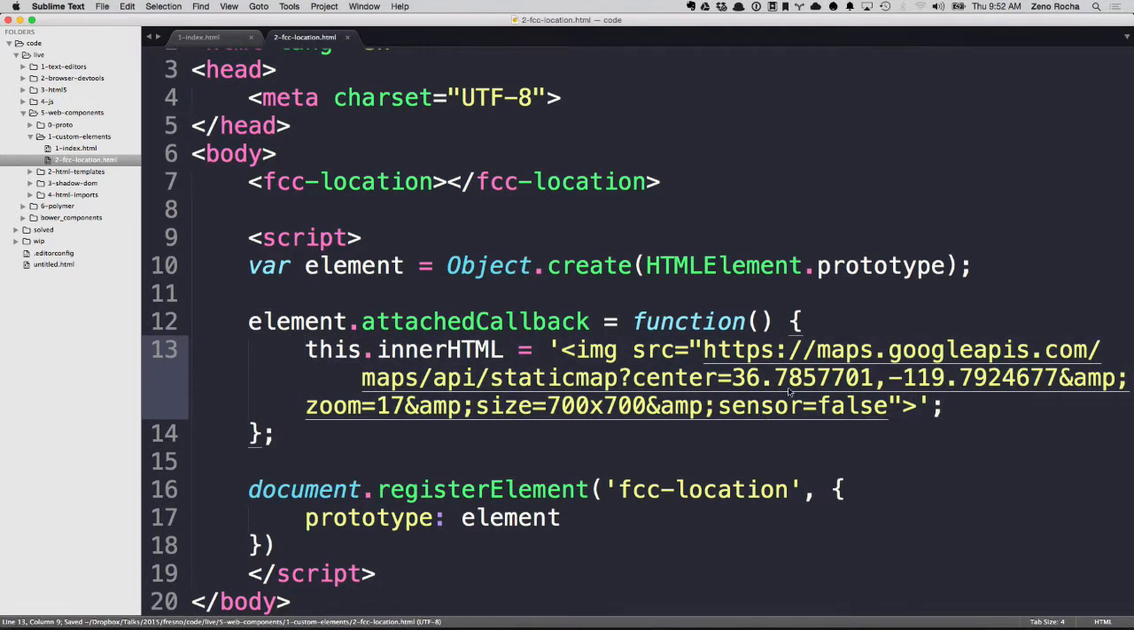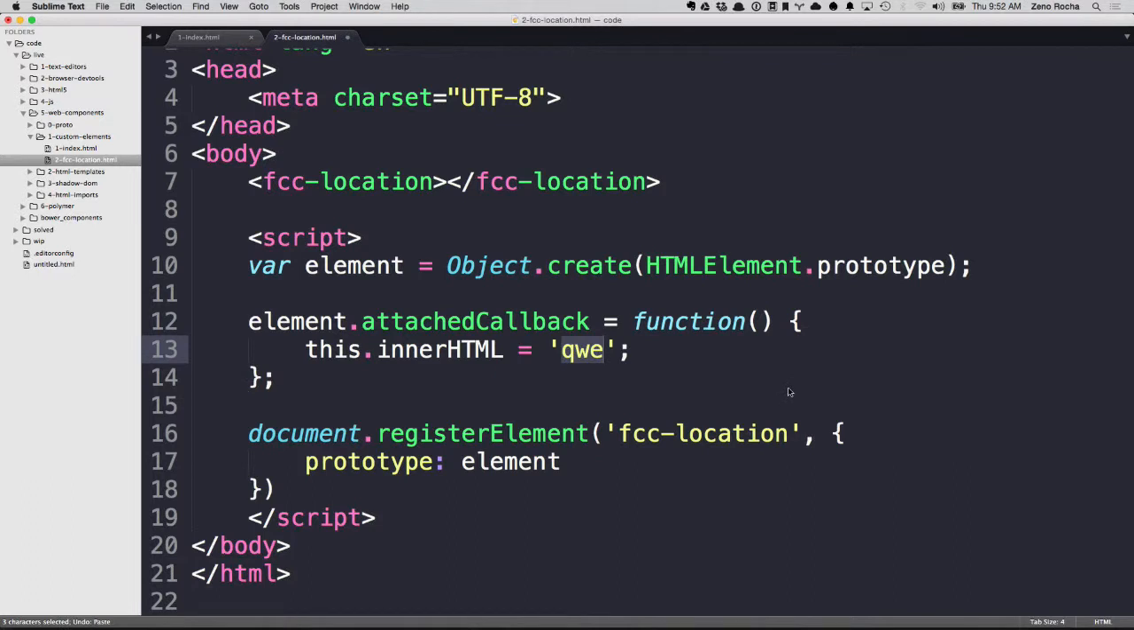No, you use semicolon after this document dot register. And then